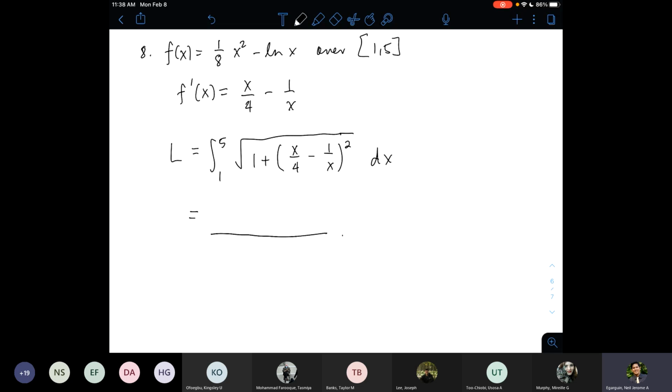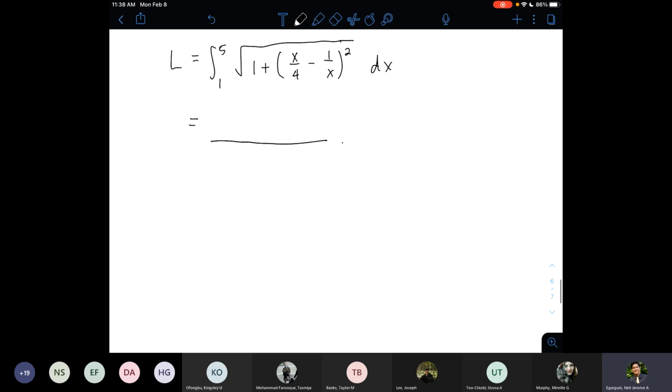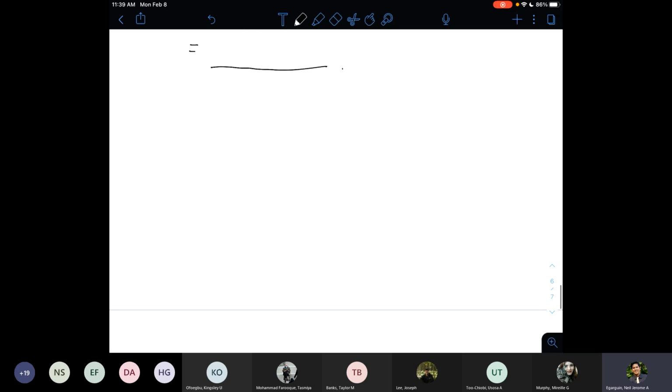Okay, let me take a look at another one. Let's say, oh, problem 18 looks complicated. Let's see how that goes. Problem 18, x equals beta y minus 4 over 9 beta squared to the 3 halves, where y is between a and b. Okay. So I guess this will look very intimidating if you will just be looking at it. But if you try to analyze it, we just want to find the arc length.